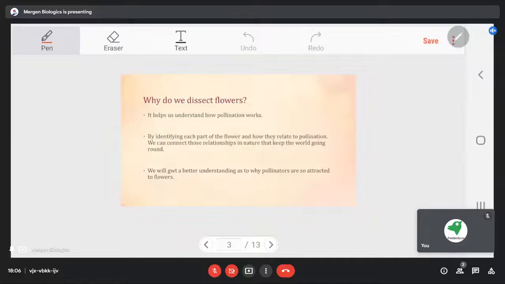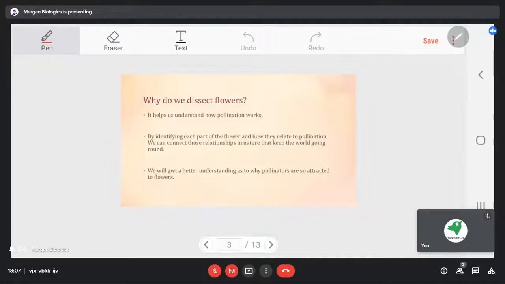Now you may ask one question: why is dissection important, why are we destroying such a beautiful flower? I know these flowers are very beautiful and we should not destroy or ruin them, but for the purpose of science we can do that. And if you ask me why this is important, it is because we have to know the process of pollination, because flowers or the trees are the main cause of our existence. We have to know how the pollination happens, how the seed is formed, how the food is being formed, because this is the process through which we are getting our food.